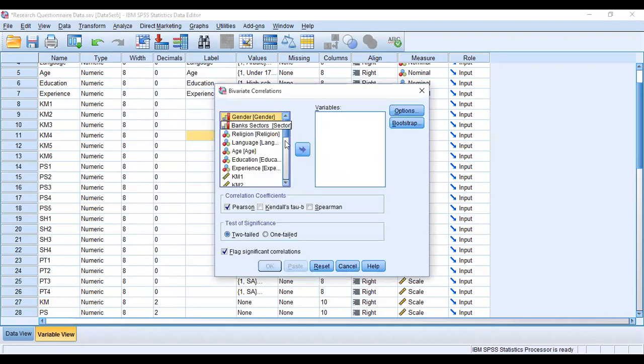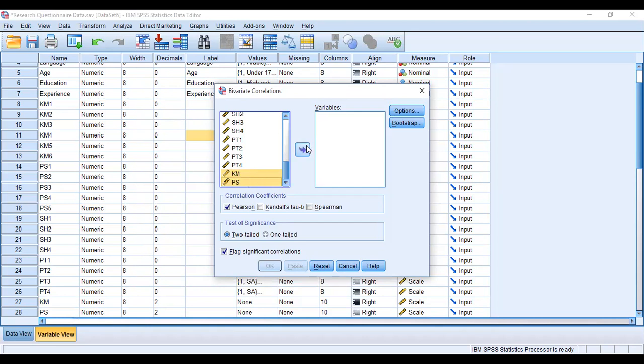So we need to select our variables. We computed the variables KM and project success. In our case, knowledge management is the independent variable and project success is the dependent variable. So the hypothesis we are going to analyze is whether there is a positive or significant impact of knowledge management on organizational project success.